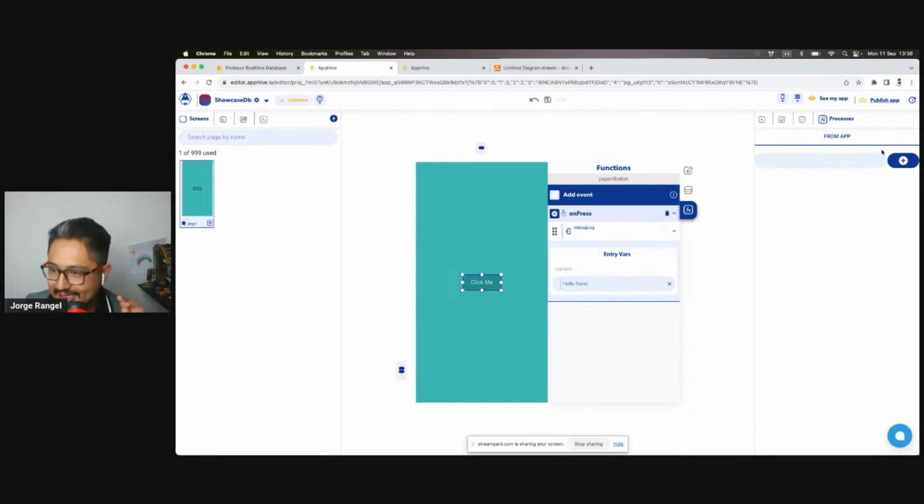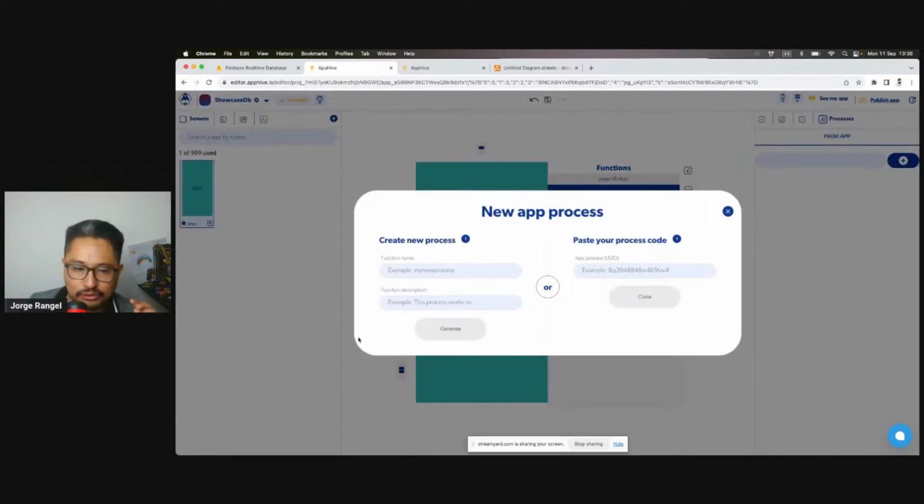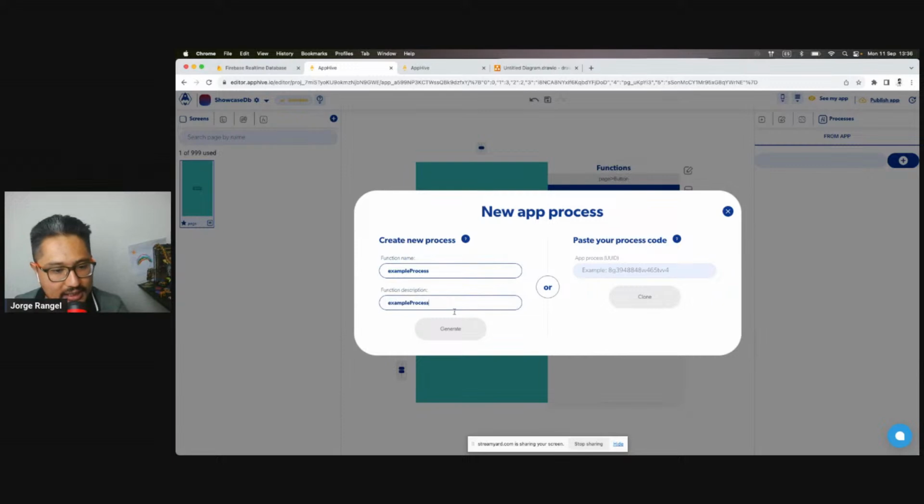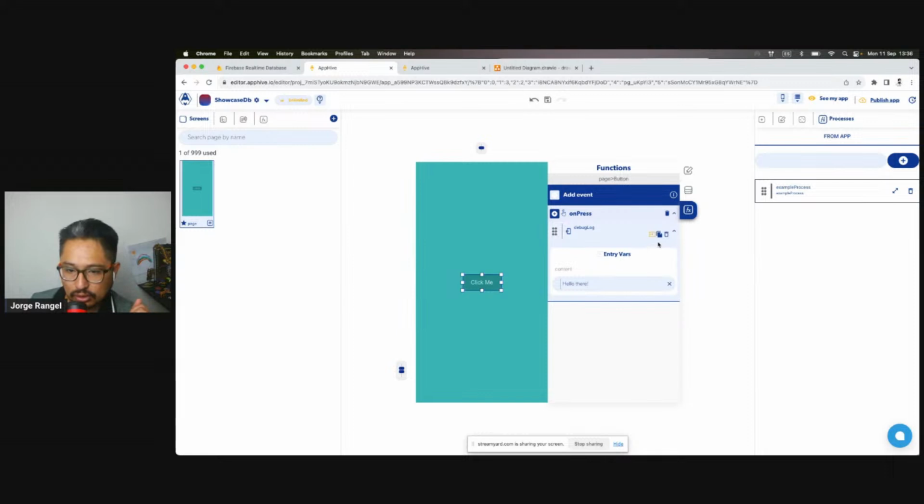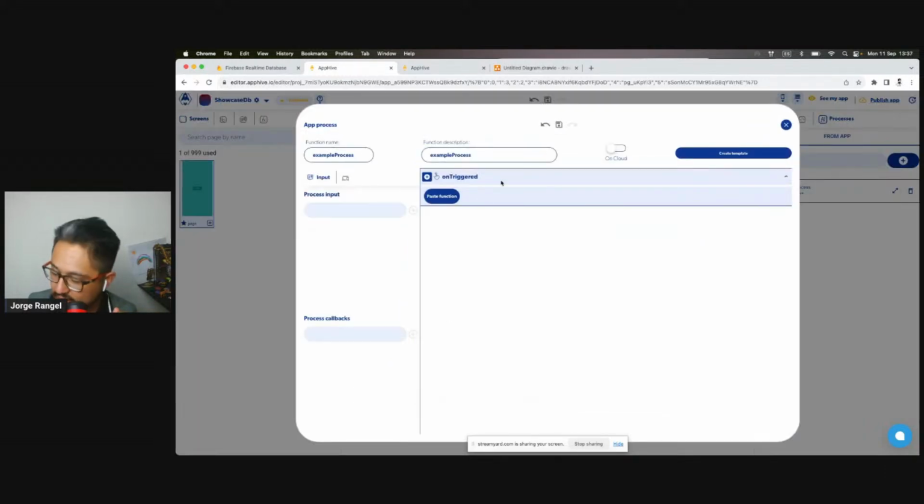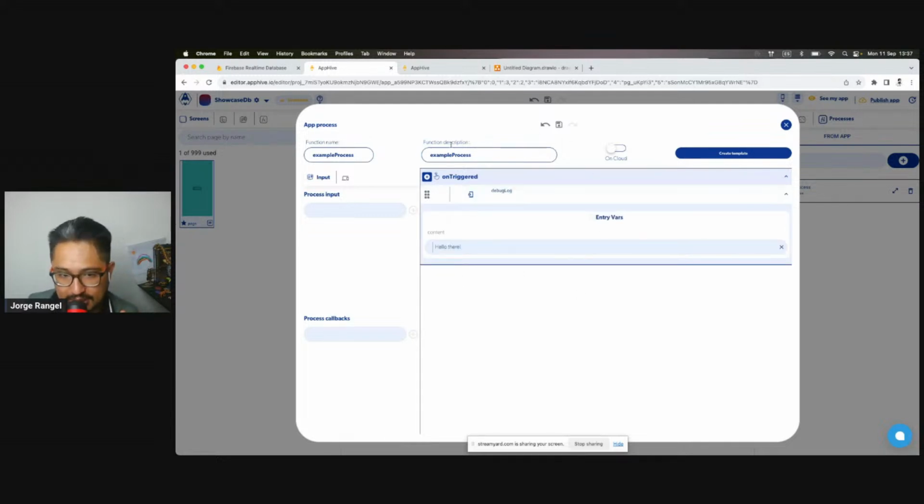So now let's add here a new process, and I'm going to be calling it example process. So you can think of app processes as custom functions that you can run in any other part of your code, right? And here I'm going to be putting this exact same function, the debug log. To do that, let's press this button right here to copy it. Let's open again the editor of my app process and paste it right here. There you go. Now I have an app process that when I call it, it will call the debug log